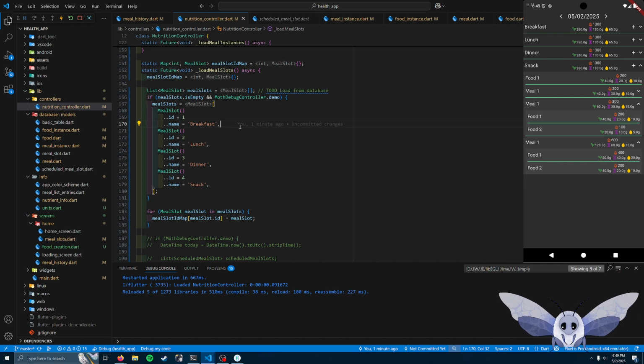Maybe the meal slot, you know, should be, well, I'm thinking about a meal slot instance. The whole reason why we separated these out, if I recall, was because when you change to the next date,